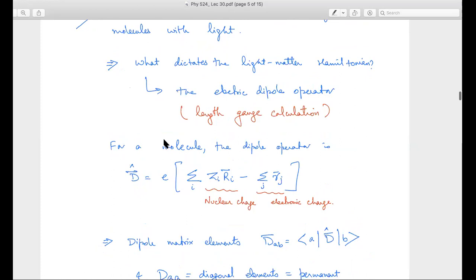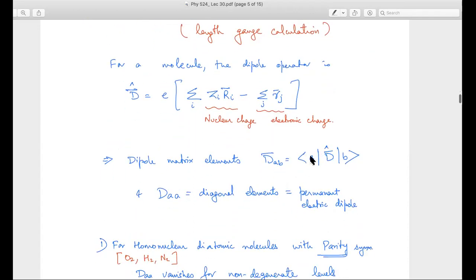So this was a dipole operator because this capital R and the small r are both quantum mechanical operators in this light interaction picture. For any operator, I can calculate the expectation value by sandwiching it between bra and ket states. In this dipole matrix element, d_AA will denote the diagonal elements of the dipole, and if d_A is finite, then even without applying light, I have a finite dipole moment in the system. These are called permanent electric dipoles.